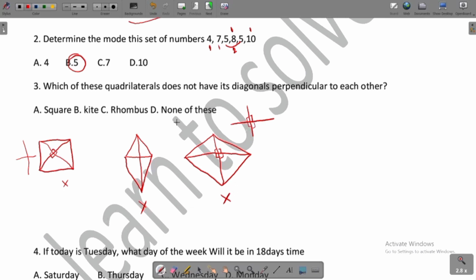So therefore, the answer to the question is that none of these does not have a perpendicular diagonal. Then the next question says that